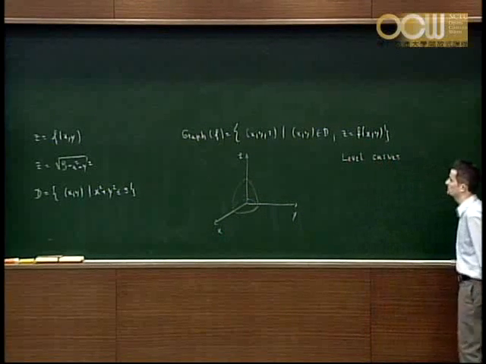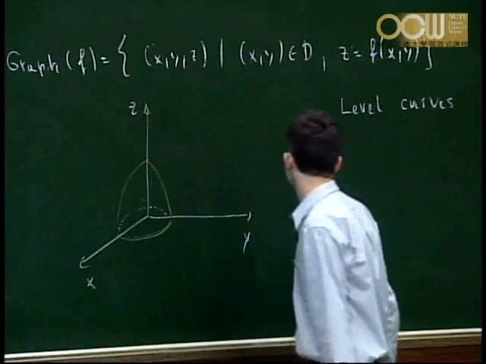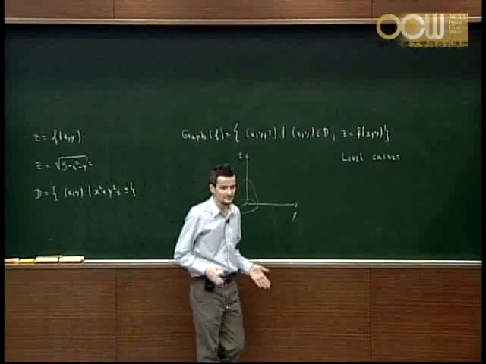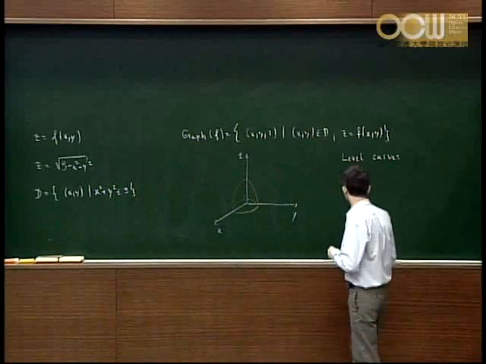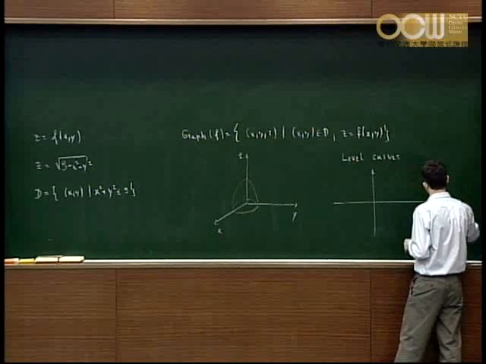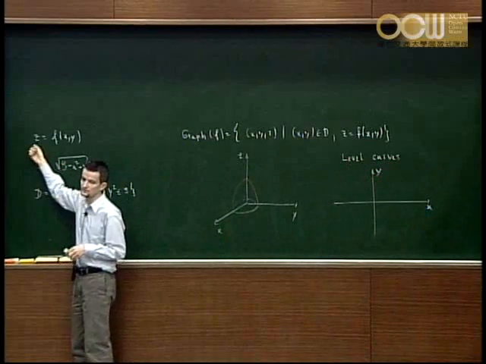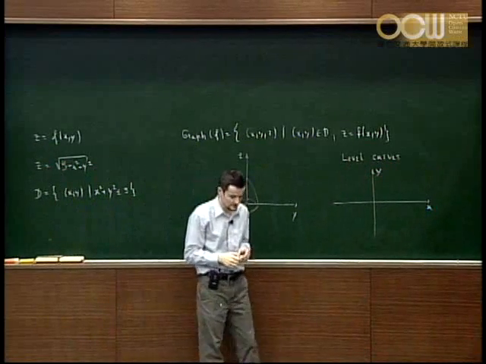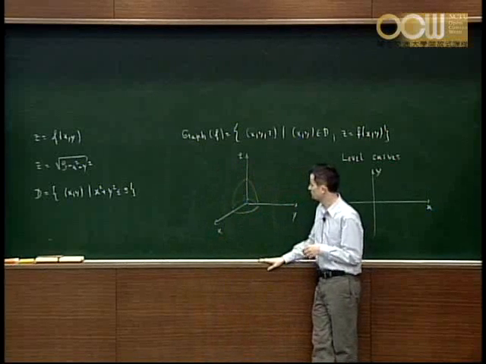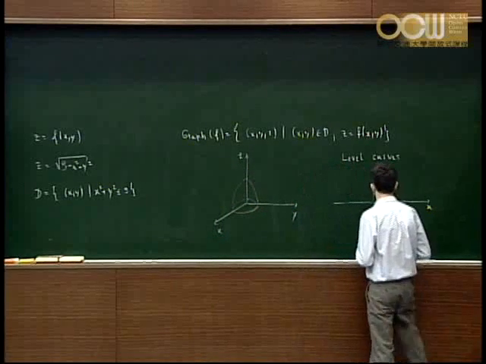So here you actually plot the graph, or you depict this function not in space, but in the plane. What you're going to do is plot the curves, all the curves where the function value is constant. These are the cross sections of the graph in space with the plane which is parallel to the xy plane. So for instance, you see that,